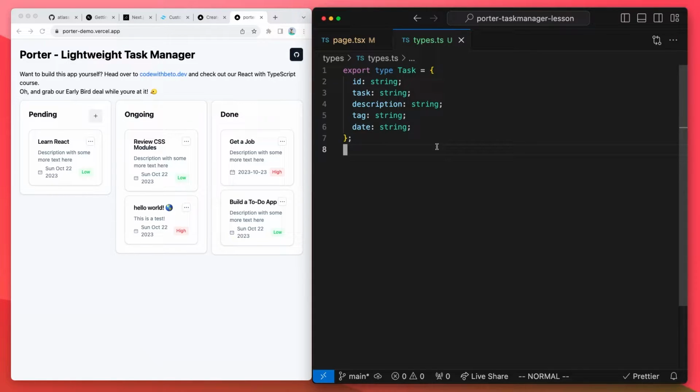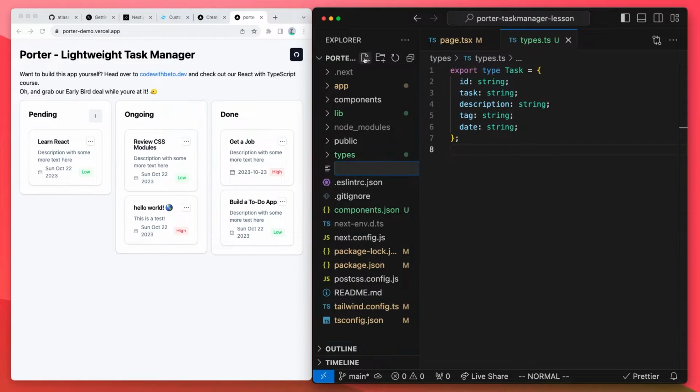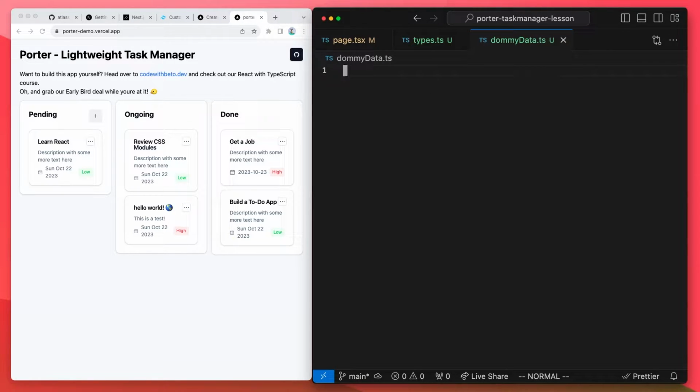Now, once we have this, what I want to do is create some dummy data to see the structure that we want to achieve for this data, right? So let's go ahead and just create a file here. Maybe we want to delete this later. So I'm going to say dummy-data.ts. And inside this dummy data,